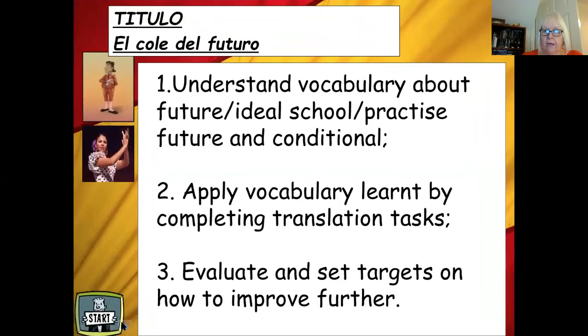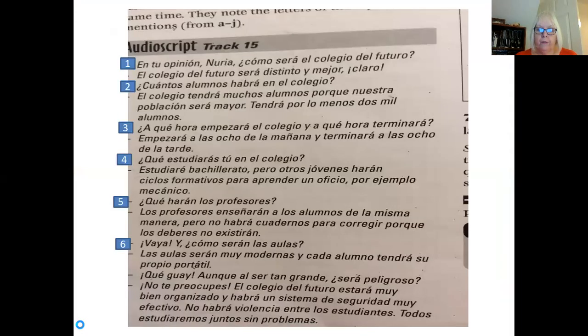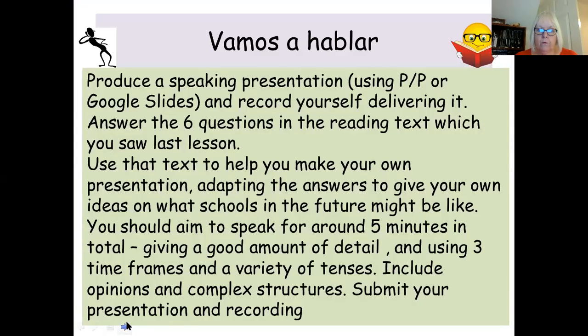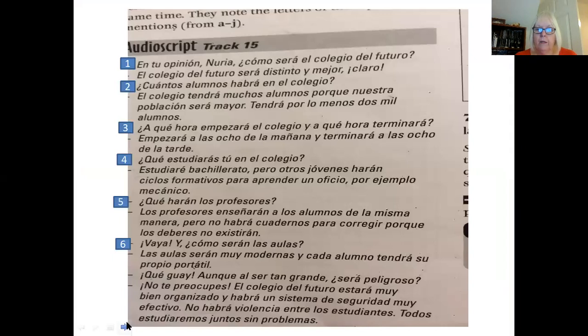So once you've done that, we will have met our objectives for this week, which were to look at vocab, practice tenses, do some translation, and in fact there should be on here as well, do a speaking presentation. Okay, so if you have any questions, let me know on the Google Classroom, please. Otherwise, I shall just go back to that for you, and so you can pause either there or here and do the work. And when you have finished, then you've finished.